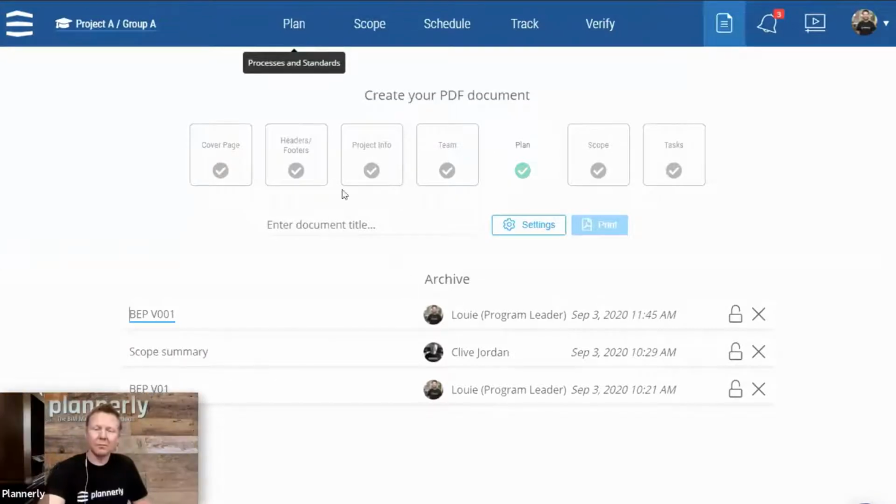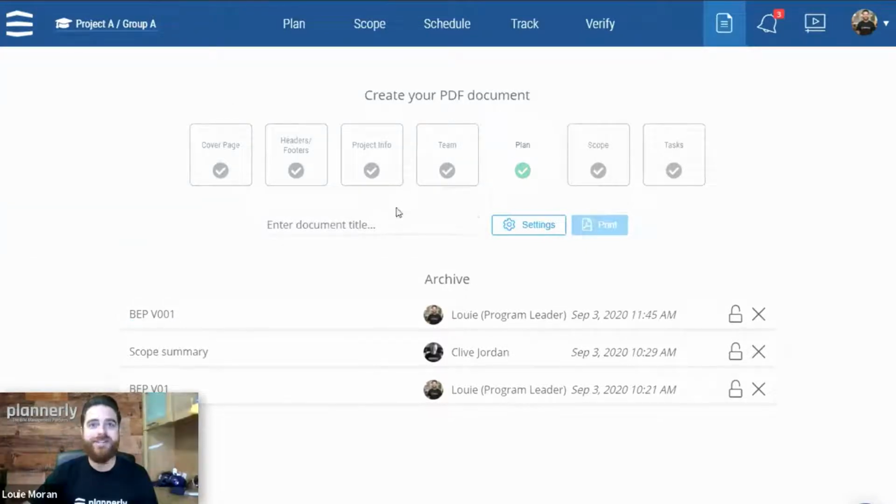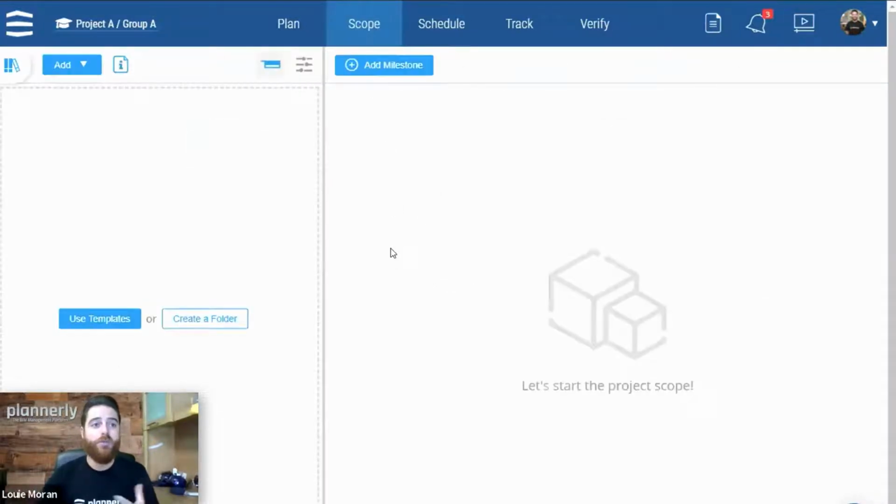All right. Just to say, if students wanted to make that look prettier, then we could also add a cover page, headers and footers, and things like that. Yeah, lots of customizable features in here. We've created an archive for the plan. Now let's jump into some BIM scoping basics.